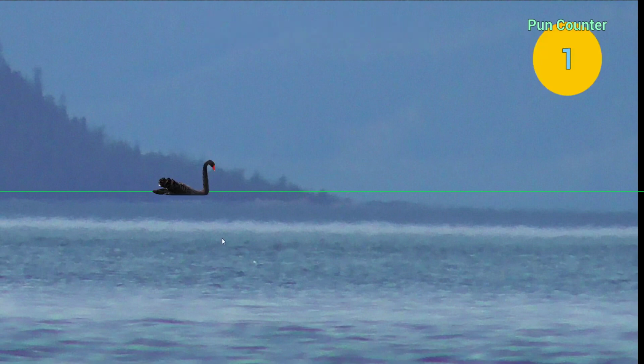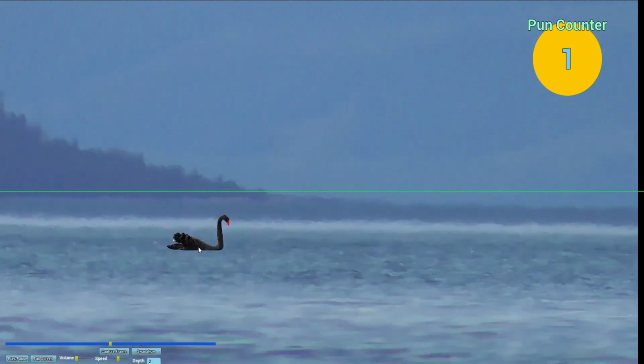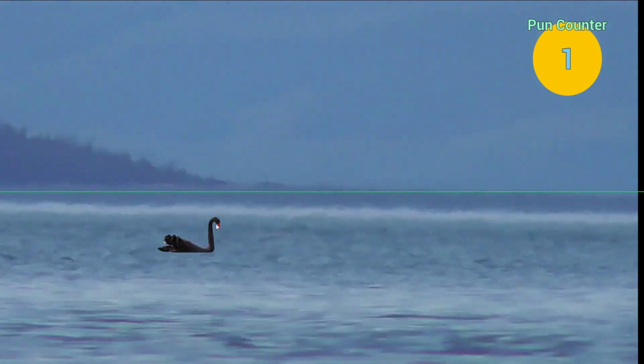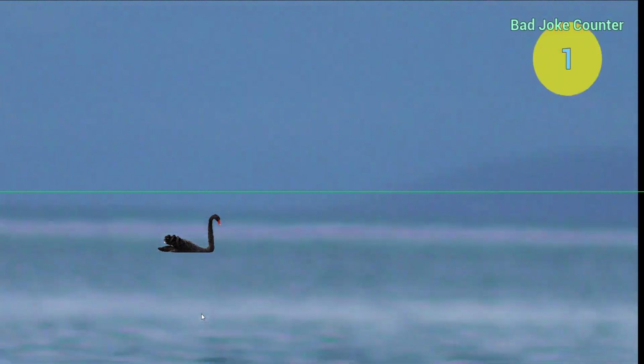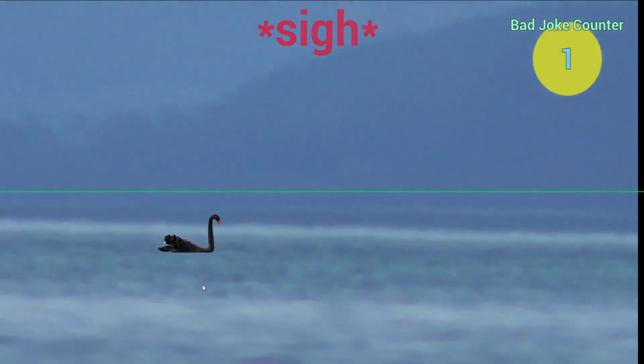So how does it work, you ask? Well, it analyzes my speech for potential swan puns and keeps a tally of the good ones, only counting each unique pun once. Oh, you mean the Swanalizer? Oh, sorry. Okay, well,